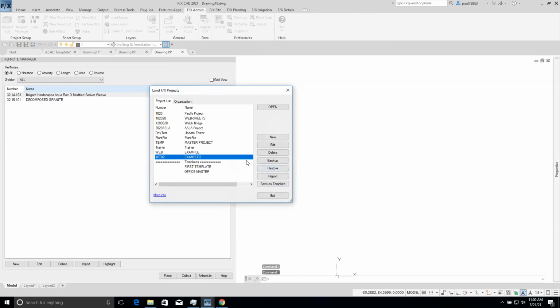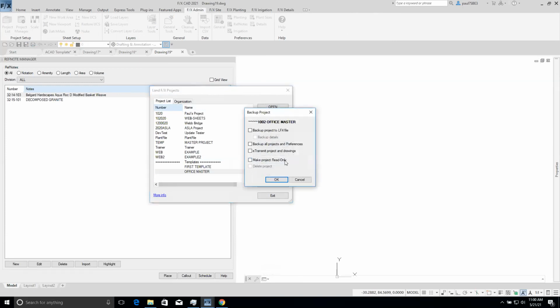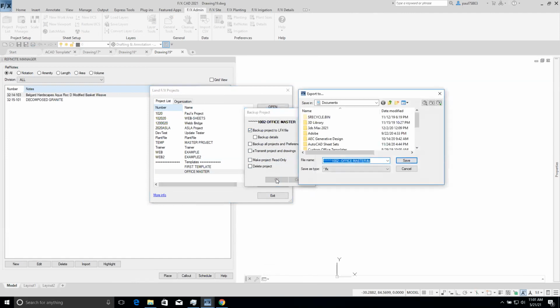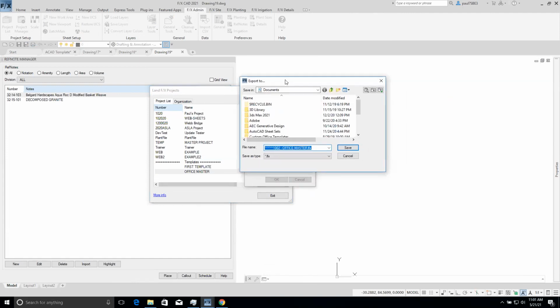So the way to do this is, once again, in your project list, go to that template that you spent oh so long on making it perfect, and click on the backup button. And then go to backup project to LFX file. Click OK. And save this somewhere that is safe, like a server location, or